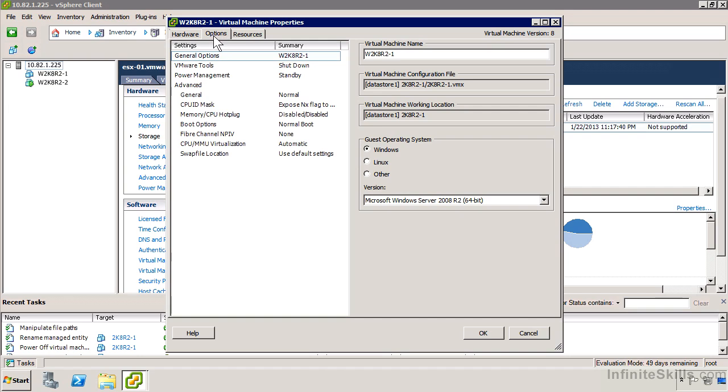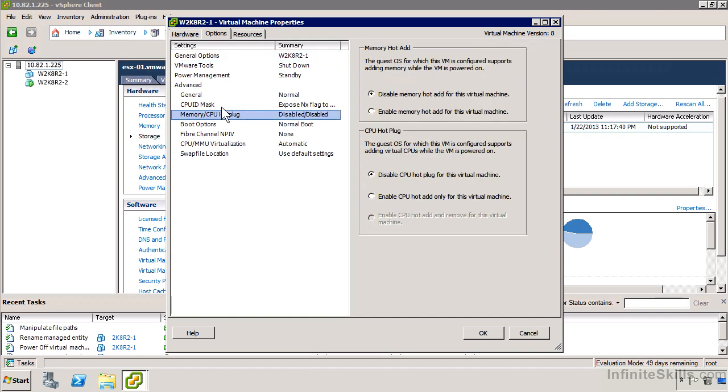So for that, you'll see over in the options, we've got memory CPU hot plug. If your guest OS supports it, that's when these options will be available. Otherwise, it'll block them out. Notice, for example, that I've got CPU hot add, but I don't have CPU hot add and remove. But VMware does support that now. So if your VM OS supports it, then we can do it. So that could be quite interesting, and we could dynamically scale the resources available to a virtual machine without having